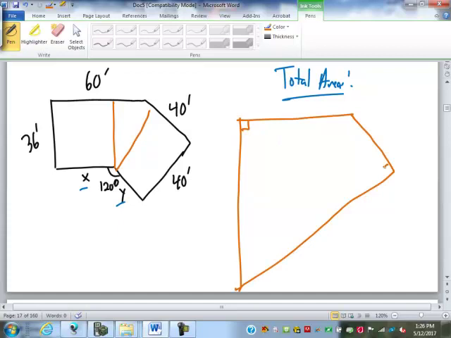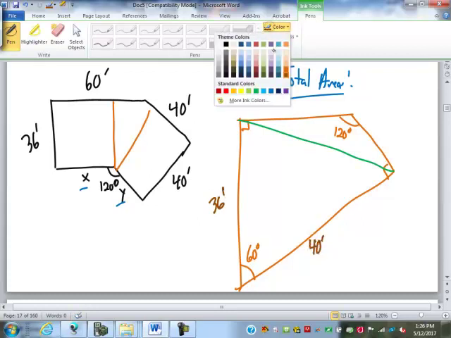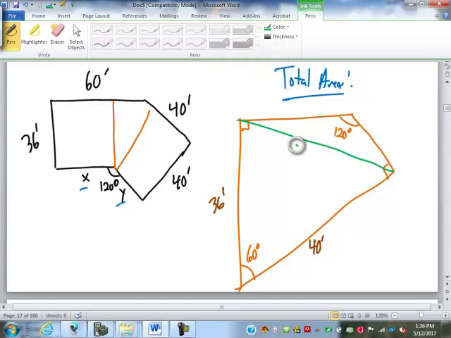Right angles there and there. This here is 60. This here is 120. And this here, of course, requires that we know this is 36 and this is 40. So this is